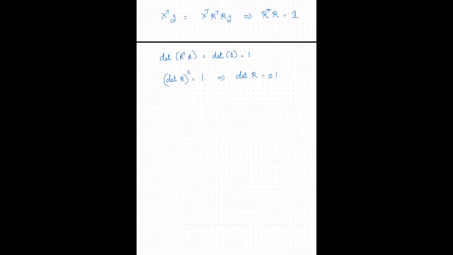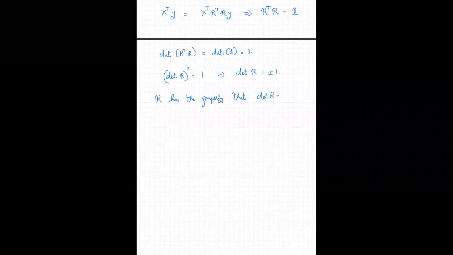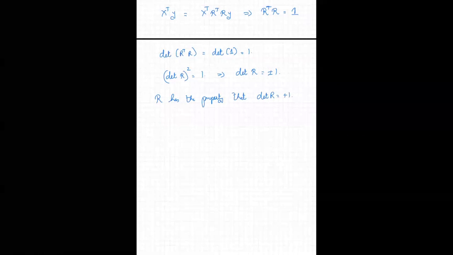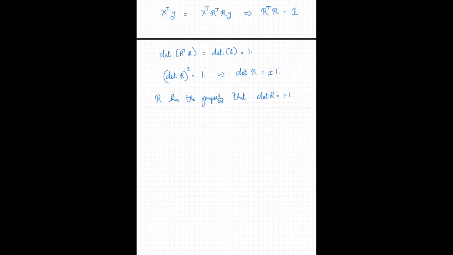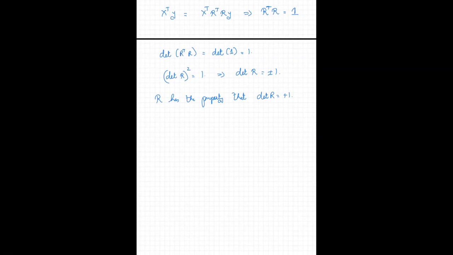Okay. So R has the property that determinant R is +1. These are the subclass of transformations that we call rotation matrices in three dimensions or 5 dimensions or 27 dimensions. It doesn't matter. Okay. In terms of the mathematical language of groups, the set of R matrices form a group, because if you take two matrices that have unit determinant and multiply them together, that also gives you another matrix that has unit determinant, right? So these guys form a group, and this group is called